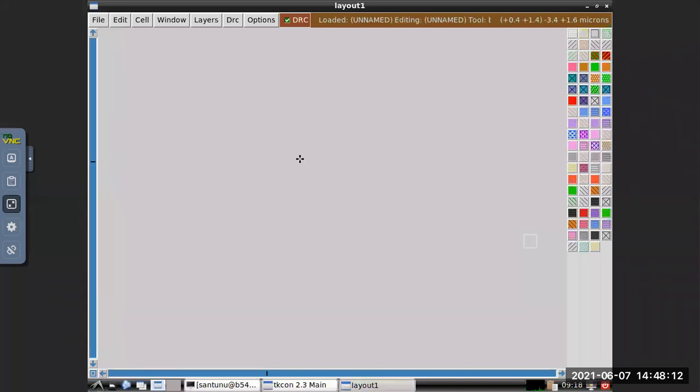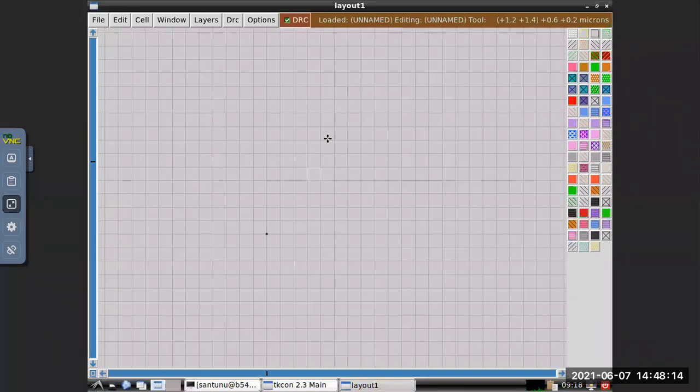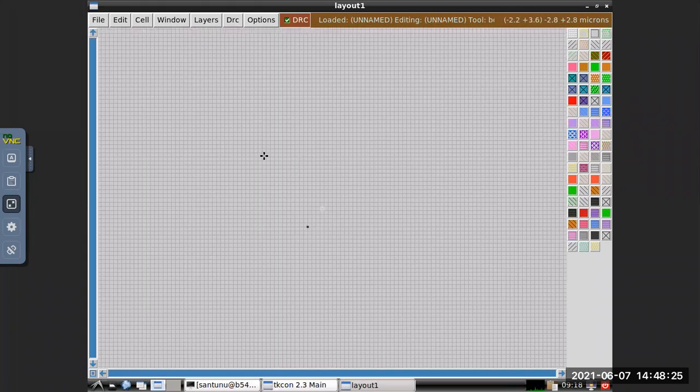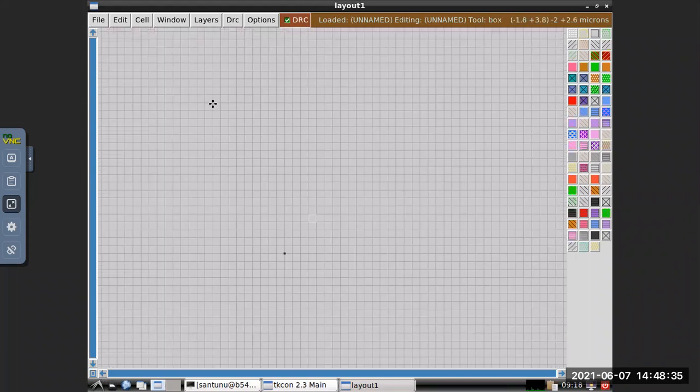First press G. Now you will create a box first. How to create a box? You all know how to create a box.